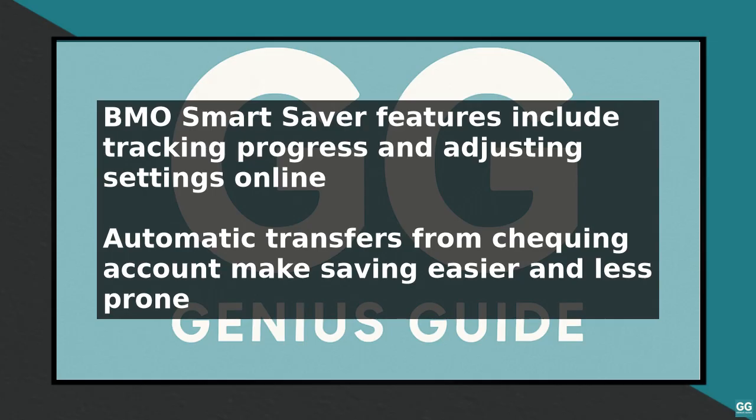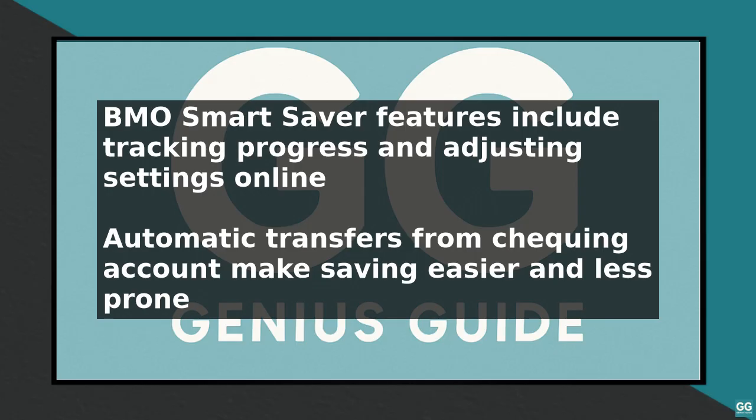to being neglected. A key feature of BMO Smart Saver is the round-up feature, which can help you save money without even realizing it. For example, if you buy a coffee for $2.50, the round-up feature will transfer $0.50 to your savings account. This may not seem like a lot, but over time it can add up to a significant